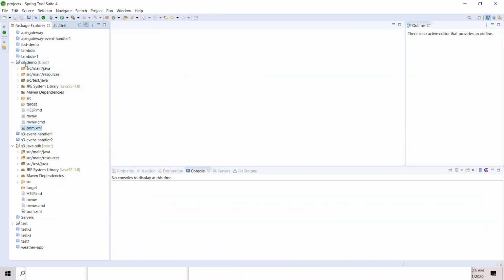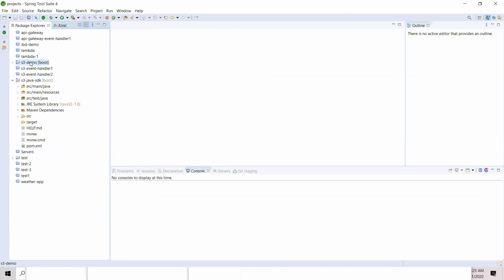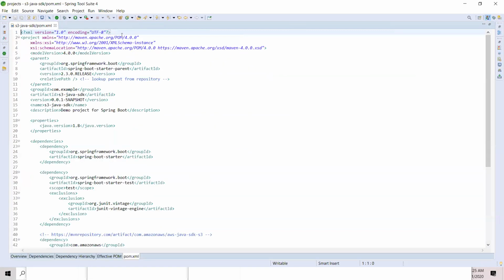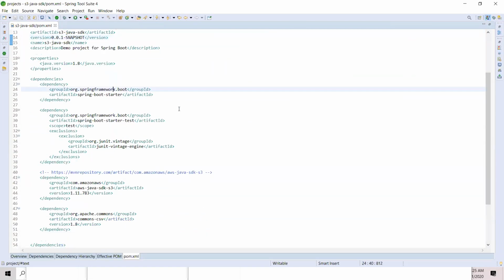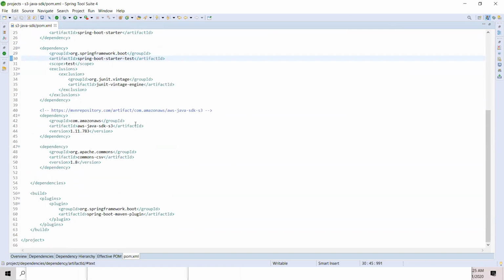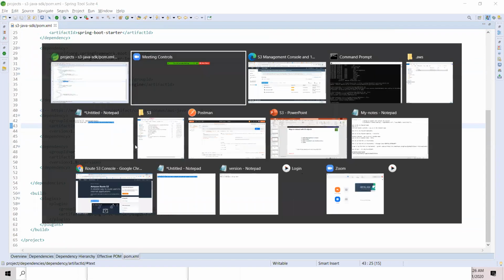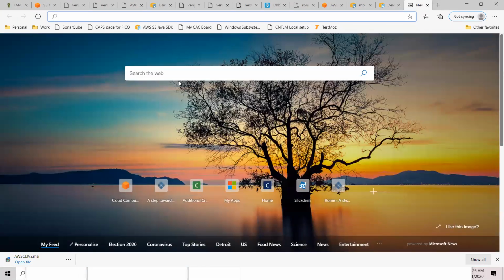Now, if you don't want to use the Spring layer on top of AWS, that's what I did. I have my Spring Boot Starter and Spring Boot Starter test. See this one here. This is my group ID com.amazonaws, and then I have an artifact ID, aws-java-sdk-s3. This is the S3 library. I got it from the Maven Central Repository. All you have to do is, it's this simple. You don't need any information here.